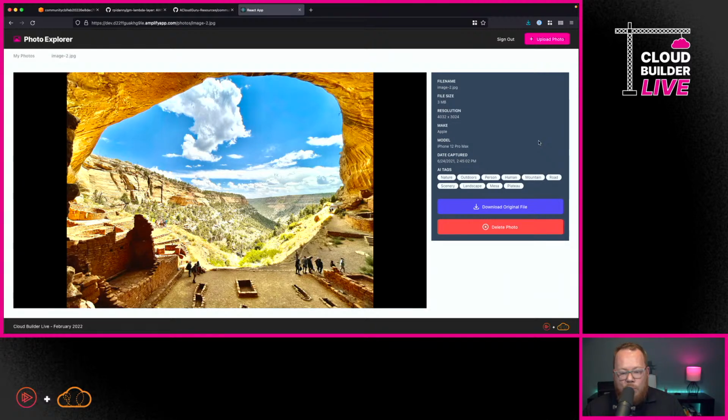Now, I won't quiz anybody. This is actually from Mesa Verde National Park in southwest Colorado that we went to this summer. It's an amazing view from this spot. But now we actually have this application working as intended. We built out hosting so that we're using S3 and CloudFront. We built out authentication with Cognito. We were able to implement secure storage using authentication with S3. And finally, we did custom processing of our images with Lambda.